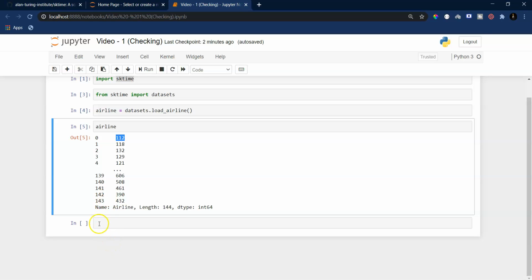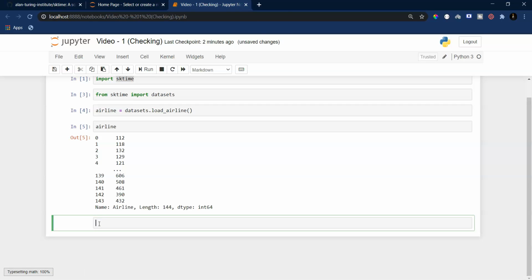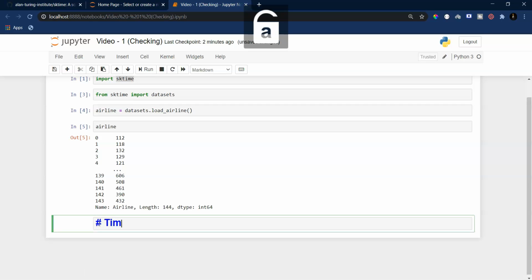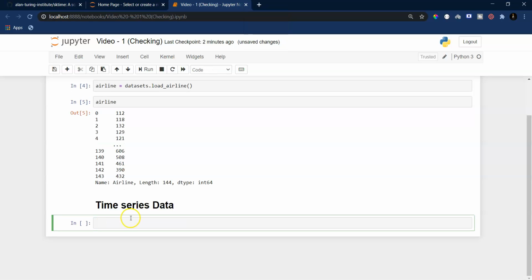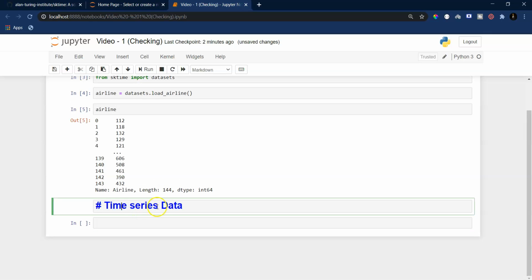So first of all, let me quickly demonstrate what is time series data. Okay, so time series data, as we can clearly see from the definition itself, can be one dimensional data or multi-dimensional data.